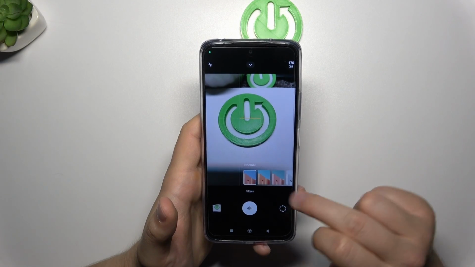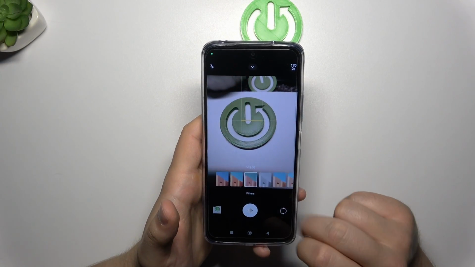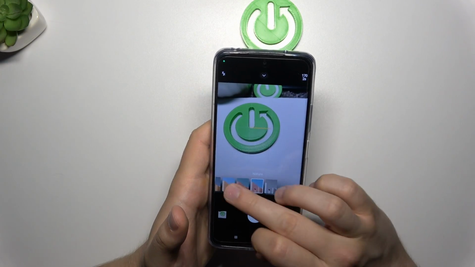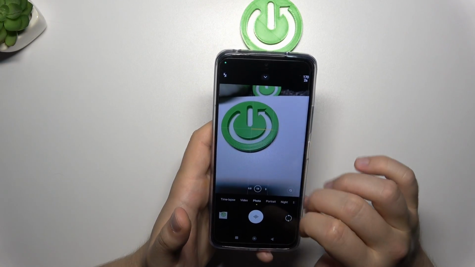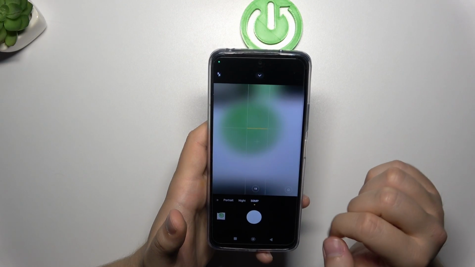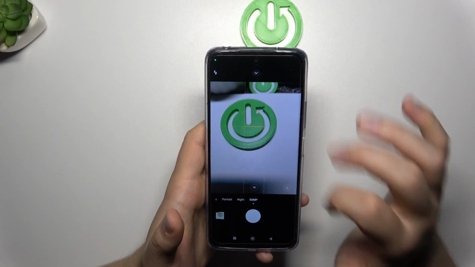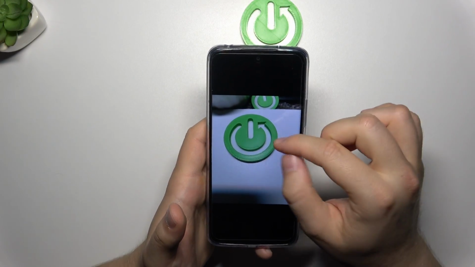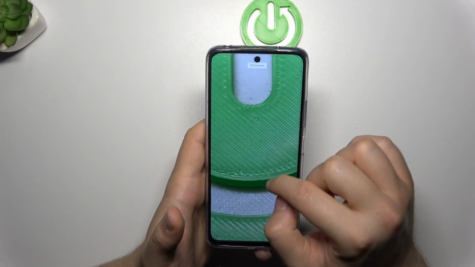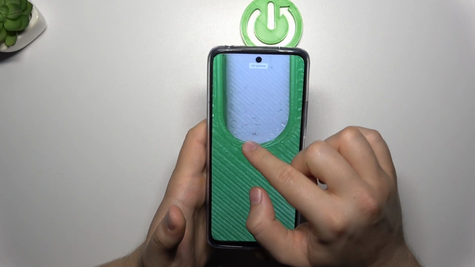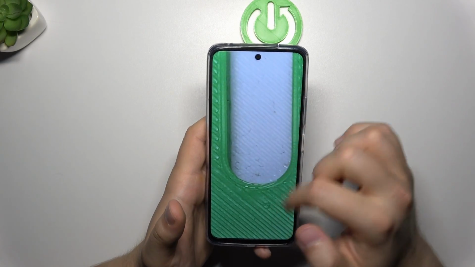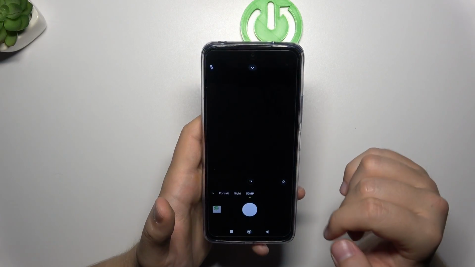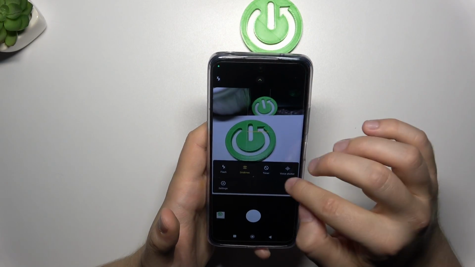Next, when you click on this icon, we can also enable filters. As you can see, they change the color and the temperature of the photos. And if you want to get more details in the photos, you can just move to the 50 megapixel mode, where you can basically take high resolution photos. So right now you can definitely zoom in much closer, and as you can see, we can spot more details in the photos. Then we can go to the settings one more time,